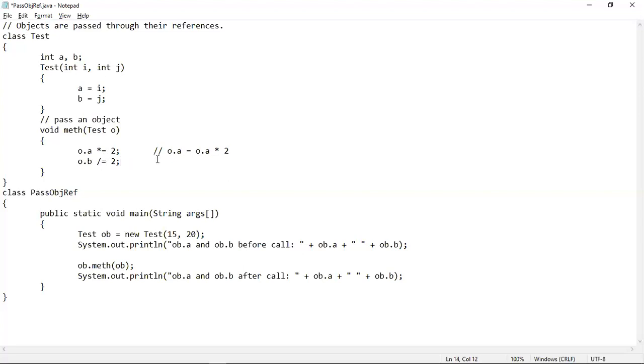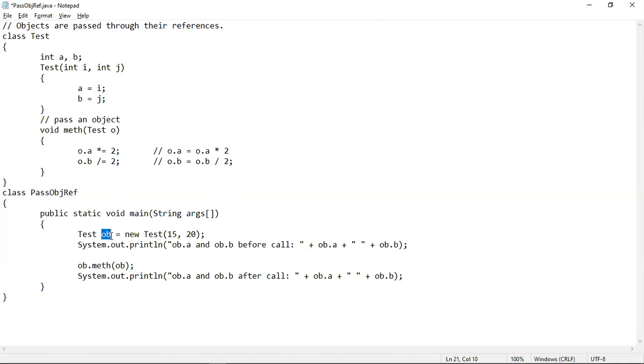In the next statement, we are doing another arithmetic operation. I have used a compound assignment operator in order to perform these two operations. So o.b means here actually ob.b.